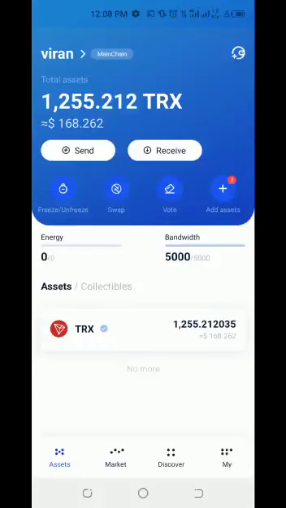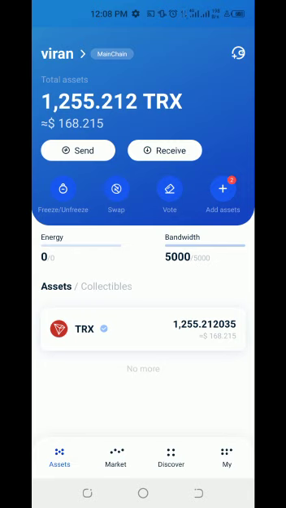Alright, here we are. As you can see, this is my Tron dashboard, Tronlink wallet dashboard. Now, initially, what I was supposed to use for this class was the Trust wallet, but then when I opened my Tronlink wallet, I realized that I still have some coins in there that I used for my former class last year, and if you can see on the dashboard, it's